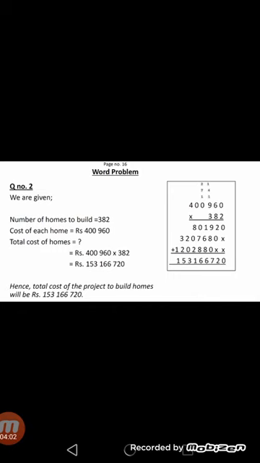Now move to the next digit of the multiplier, 8. Write a cross or 0 at the unit column. 8 zeros are 0. 8 6s are 48. We will write 8, 4 will be carry. 8 9s are 72, plus 4, 76. We will write 6, 7 will be carry. 8 zeros are 0, plus 7 will be 7. 8 zeros are 0 and 8 4s are 32.